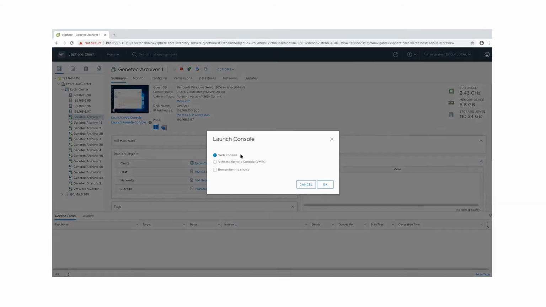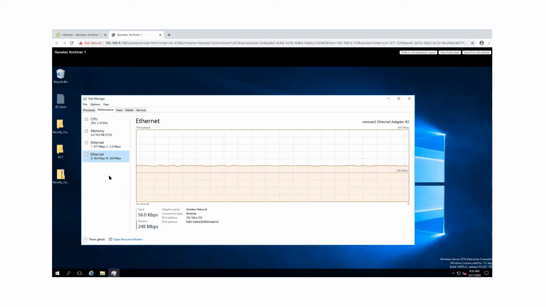Right now, if I log into Archiver 1, you can see the bitrate we have coming in. It's still under an active test with Genetec. Each VM is 254 to 255 megabits per second. The secondary dedicated SAN that's going out to the redundant SAN will oscillate between 6 to 7 to 800 megabits per second bit rate split between the 2 SANs. So you have one side for the data coming into the virtual machines and one side actually going out, recording